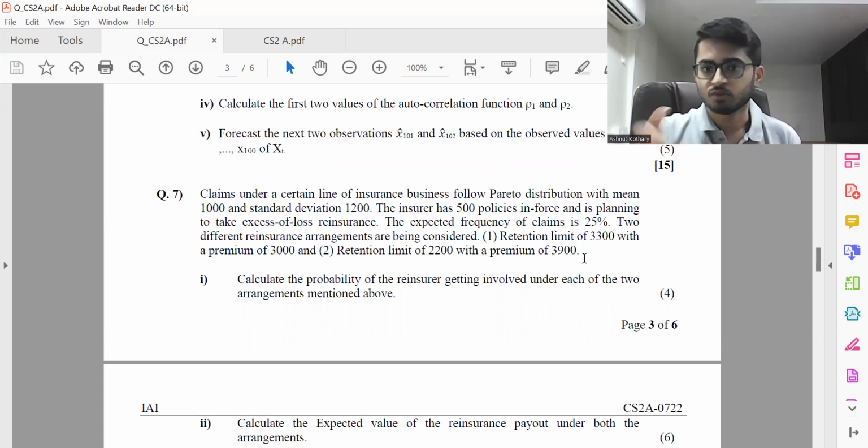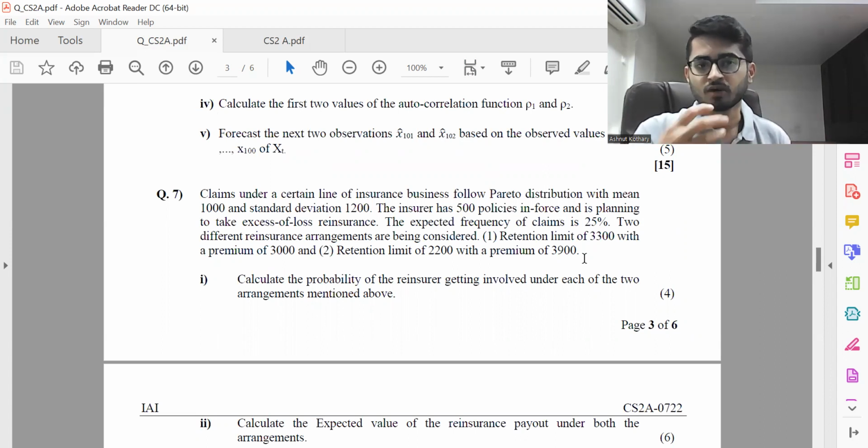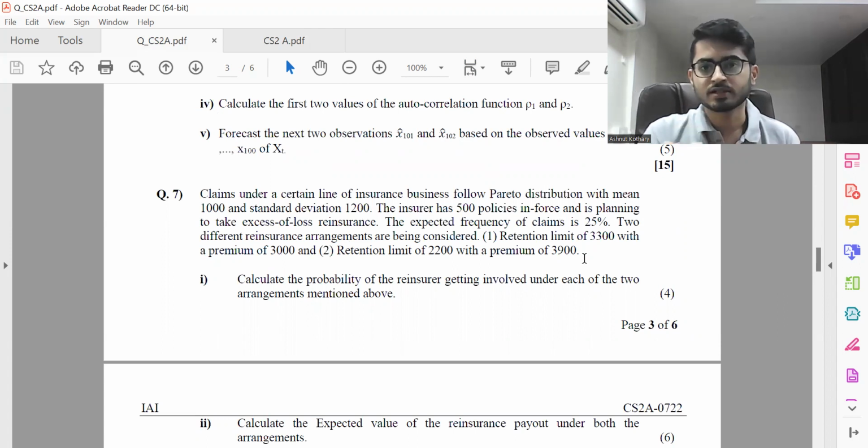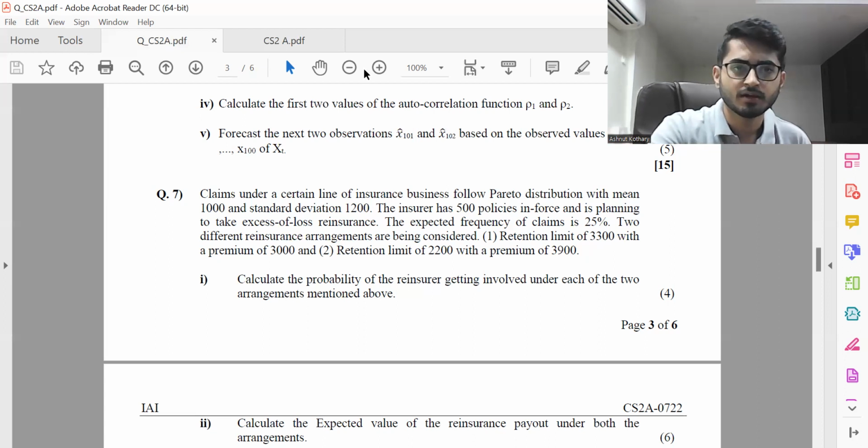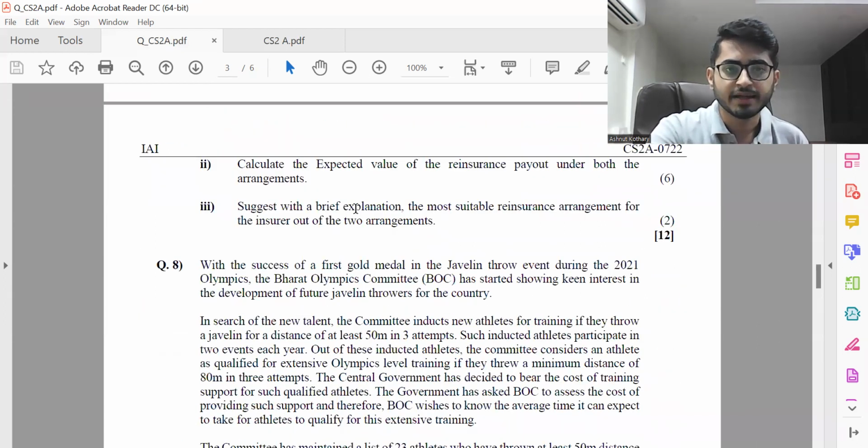I'm just comparing the ratio. Actually, what you need to do is find expectation Z, multiply with 500 and then with 0.25. And then you can make sense out of it. You know what is the premium you're paying and what is the expected amount you expect to receive in that particular policy. My essence is value for money, so we can just work with the ratios as well instead of using the exact value, because 500 and 0.25 is something which will be the same under both arrangement 1 and arrangement 2. Then we have question number 8 over here,